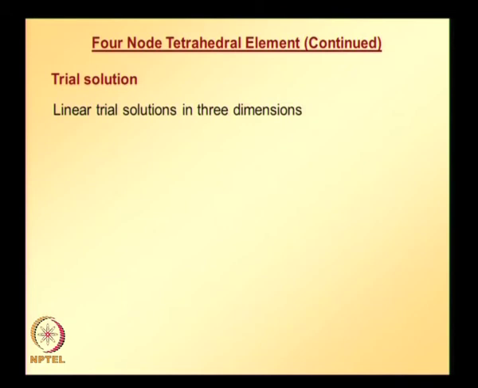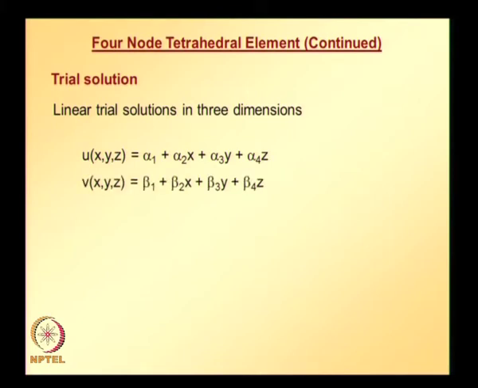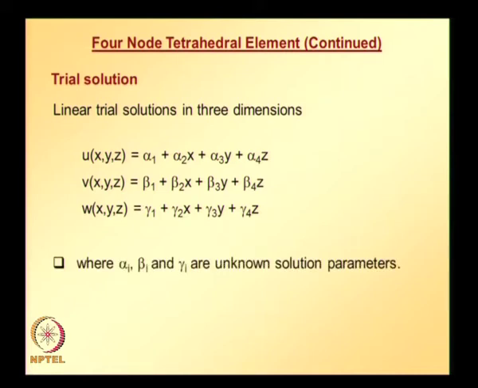So, trial solution, there are 4 nodes. So, linear trial solution in 3 dimensions, u is equal to alpha 1 plus alpha 2 x plus alpha 3 y plus alpha 4 z. Similarly, v is equal to beta 1 plus beta 2 x plus beta 3 y plus beta 4 z. W is equal to gamma 1 plus gamma 2 x plus gamma 3 y plus gamma 4 z, where these alphas, betas and gammas are